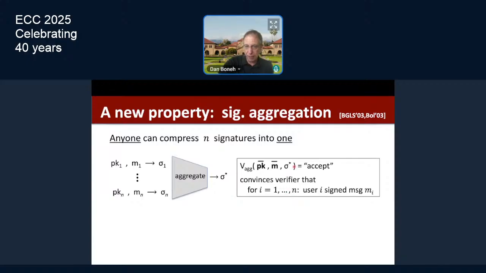And the point is, if this single signature verifies under the vector of public keys and vector of messages, that convinces the verifier that, in fact, all the original messages were signed under the corresponding public keys. So this is called signature aggregation. It's a compression mechanism. It's something that we haven't quite seen or is easy to build